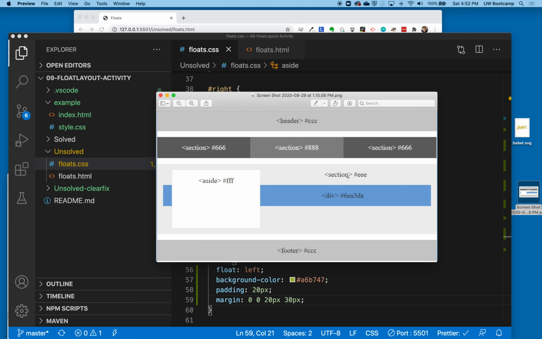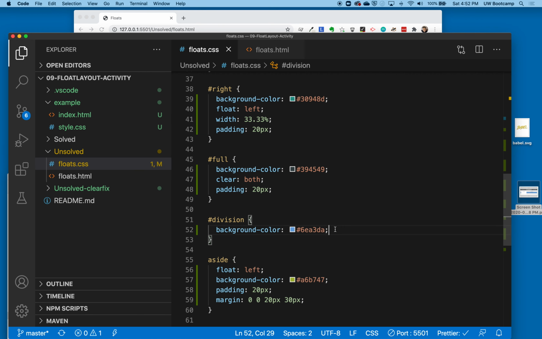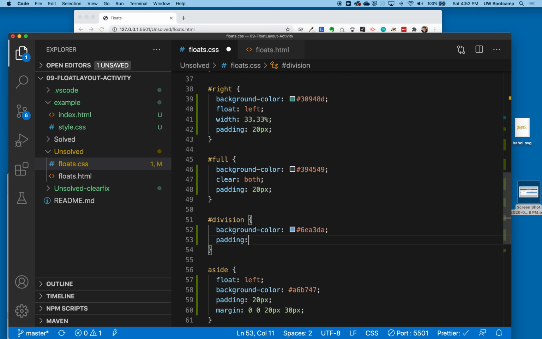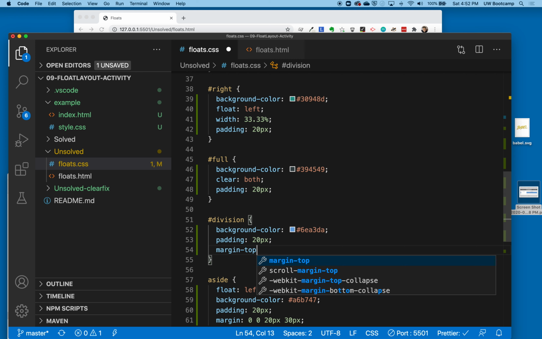This piece of text also looks like it needs some spacing. I wonder if I add a margin to the div, if that would actually make it create this space. That's what I'm going to do. So division needs some padding. Padding of 20 pixels. And we're going to give it a margin,